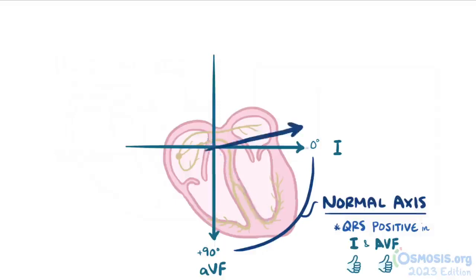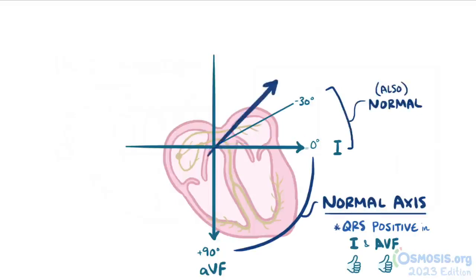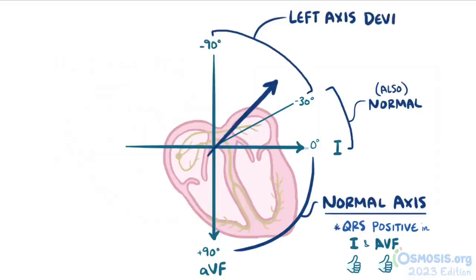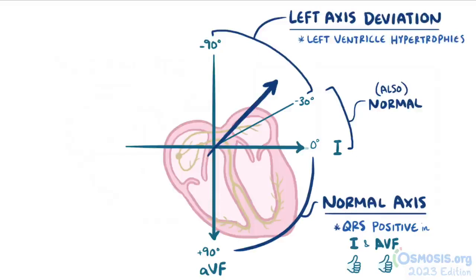If the vector's positive in lead 1 and negative in AVF, then it's in this quadrant, and it could also be normal if it's between 0 and negative 30 degrees. If it's between negative 30 and negative 90 degrees though, it could be considered left axis deviation. Left axis deviation can happen when the left ventricle hypertrophies, or when the right ventricle gets damaged and loses healthy